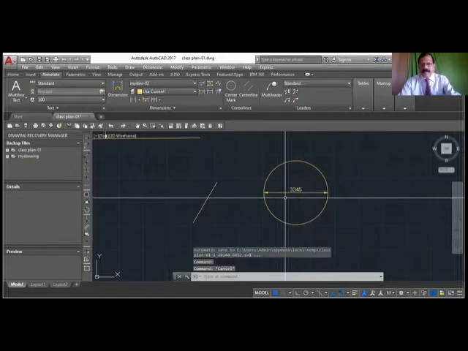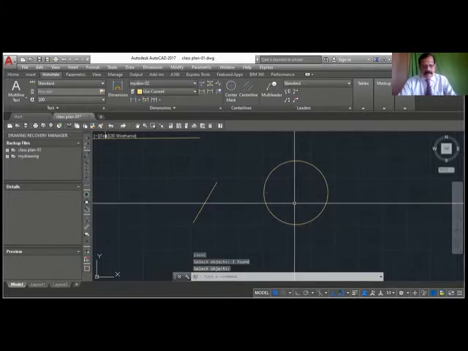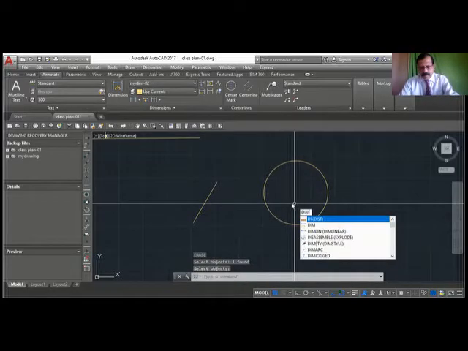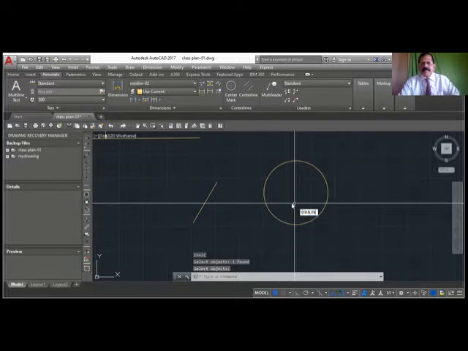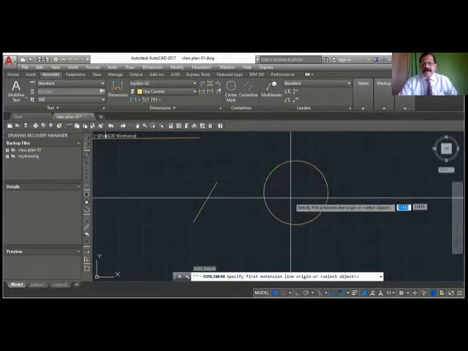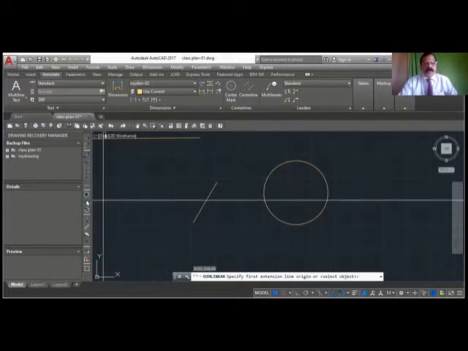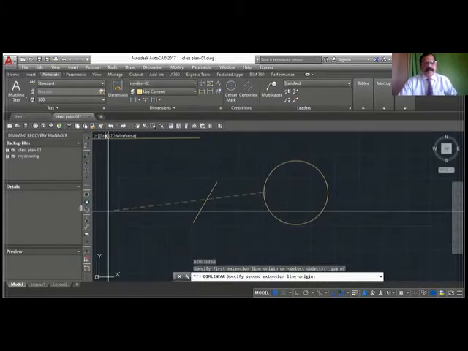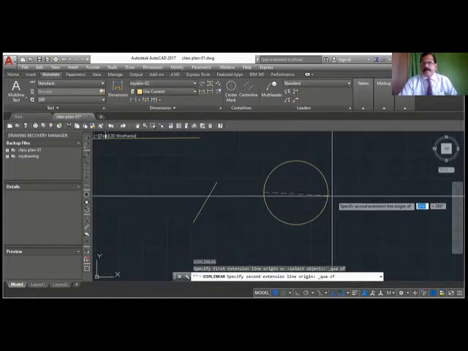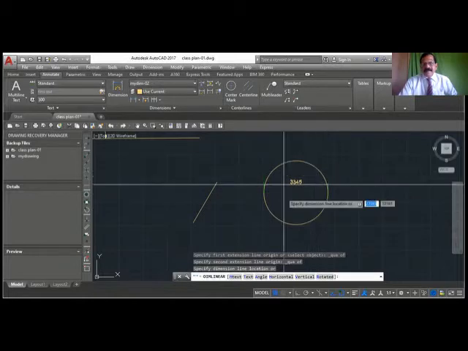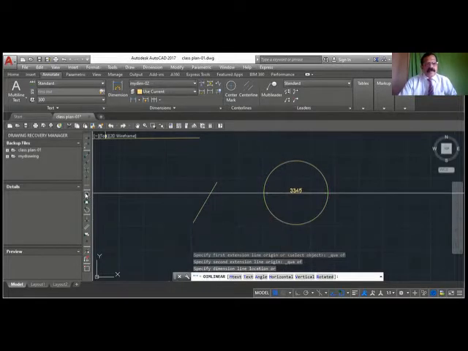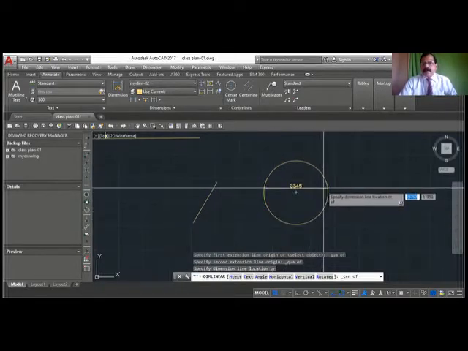Okay, so I will repeat this again. You have to use the dimlin. So the quadrant here, QUA, or you can type QUA, again quadrant. This point. You want exactly center, then you select center, click.